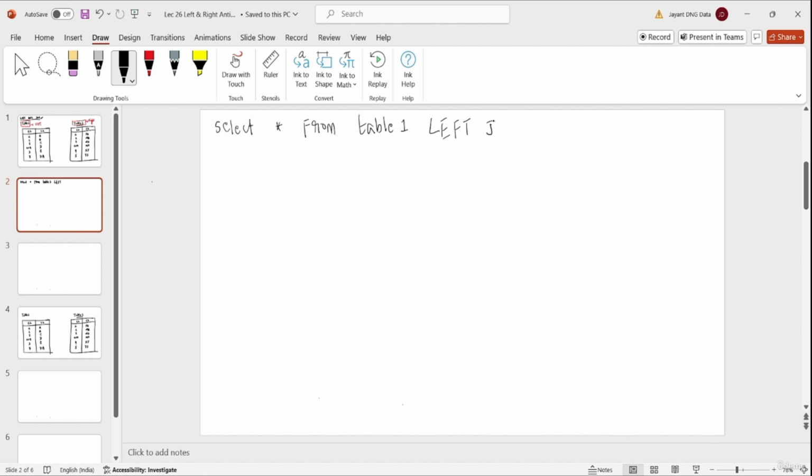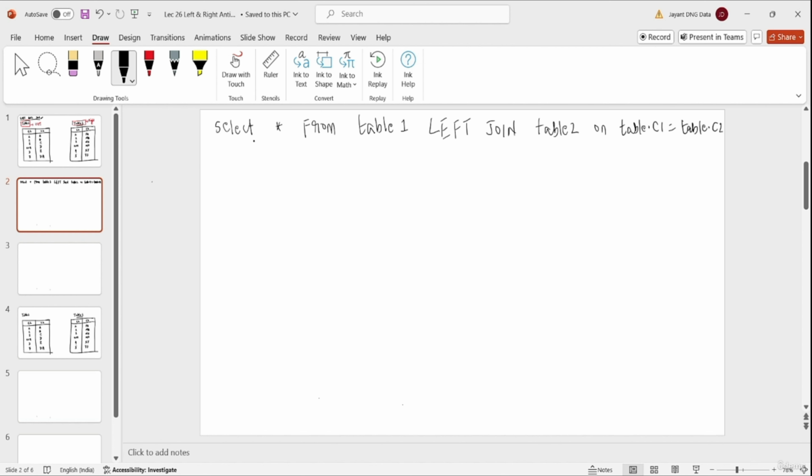We will simply write left join only. You can write left join or left outer join. So we will write select star from table 1 left join table 2 on table 1 dot C1 is equal to table 2 dot C2.